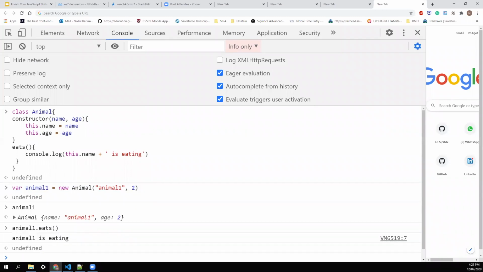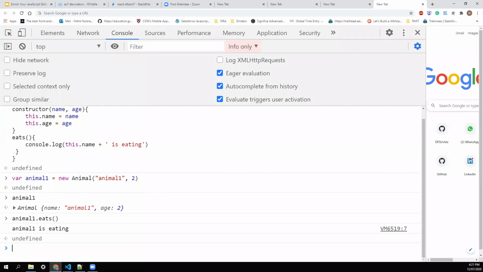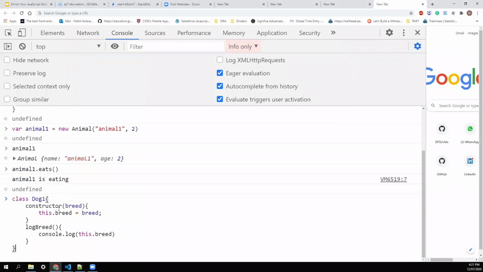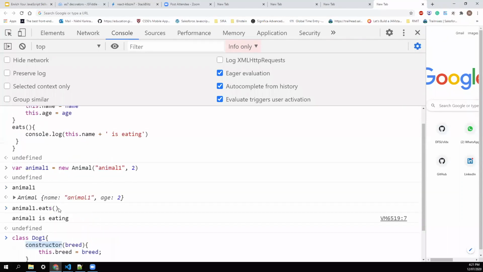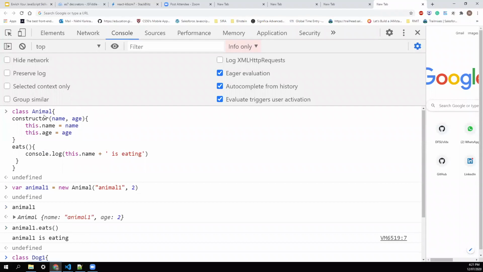Now let's move on to another one in which we'll see class inheritance. My Animal class is ready. Now I'll create another class called Dog. Dog has the constructor with name and breed, and it wants to access the properties of the parent class, that is Animal.